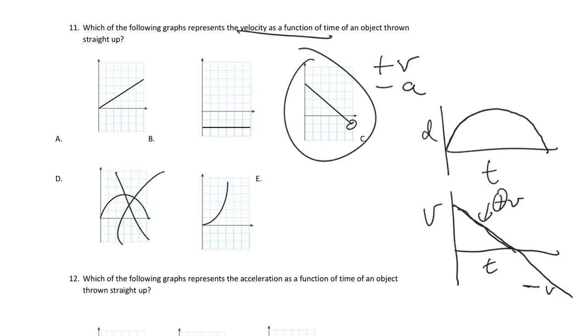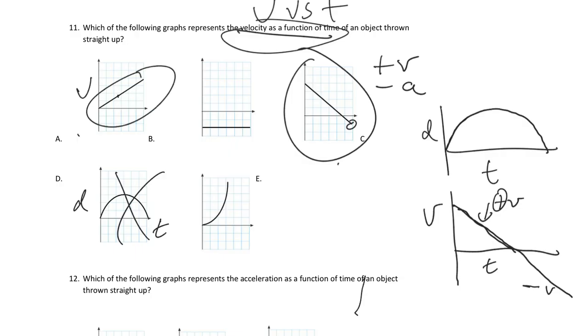So it's not this one because that would be the D versus T graph. They want a V versus T graph. So it has to be this one. Why isn't this? Okay, so it can't be this one because it starts out with zero velocity and